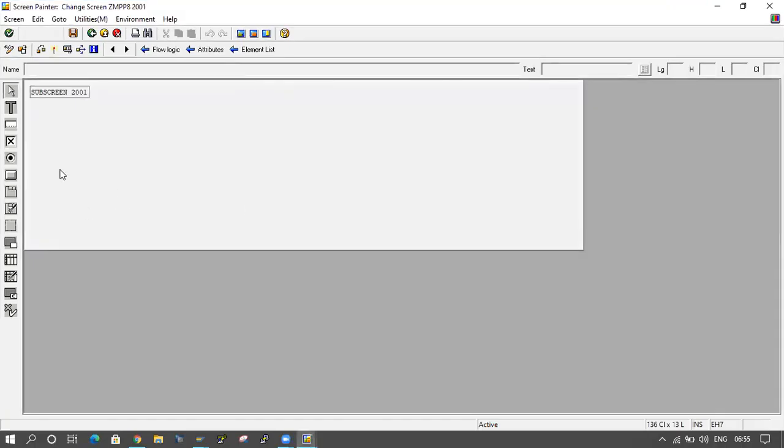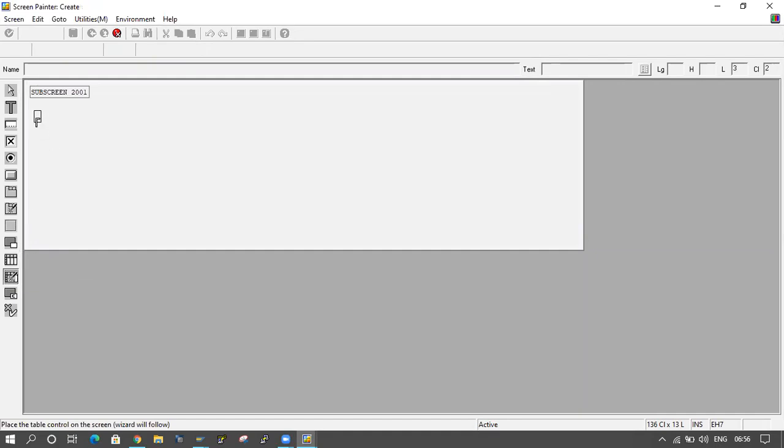And here I want to apply the table control. Table control and table control with wizard, this one. Okay, table control means you have to write each and every line here. Table control with wizard means automatically the code will come here. Now I'm selecting table control with wizard.